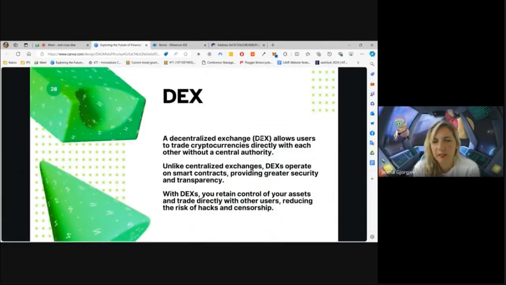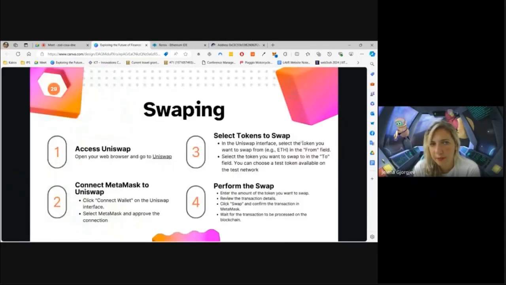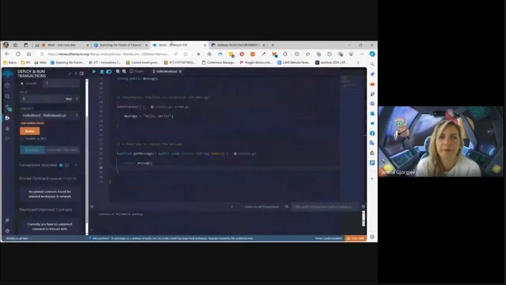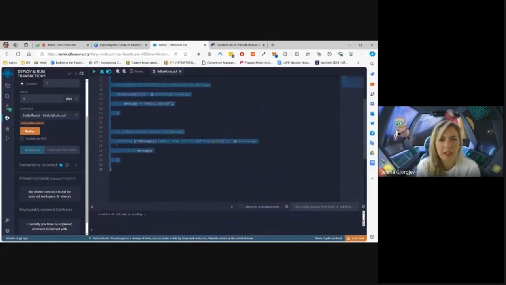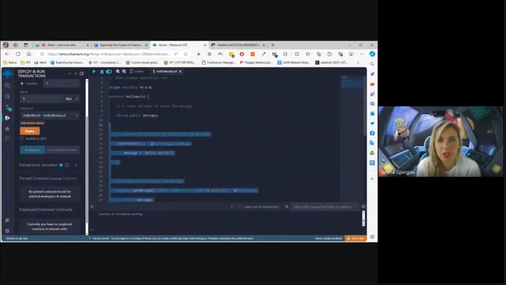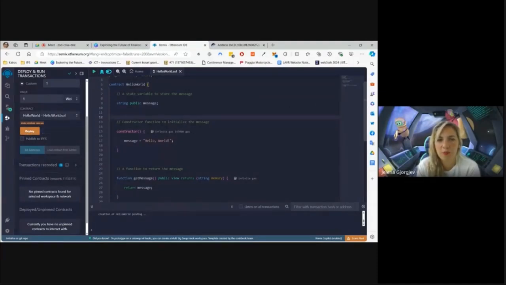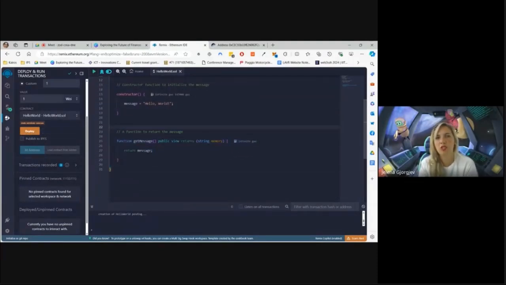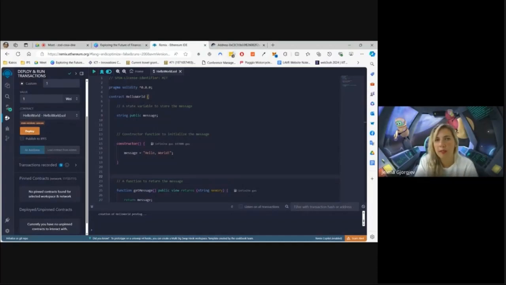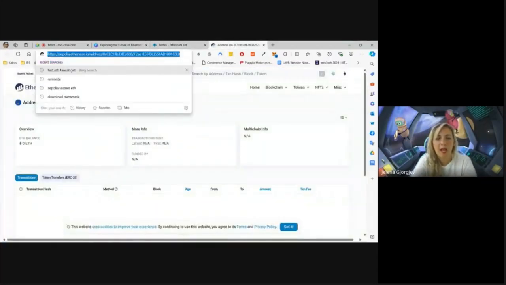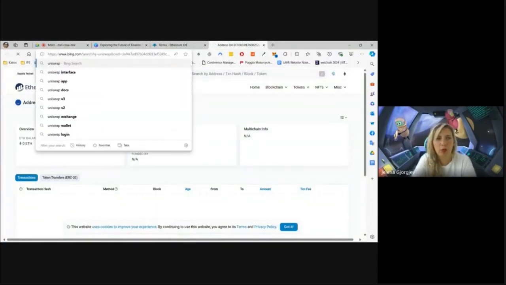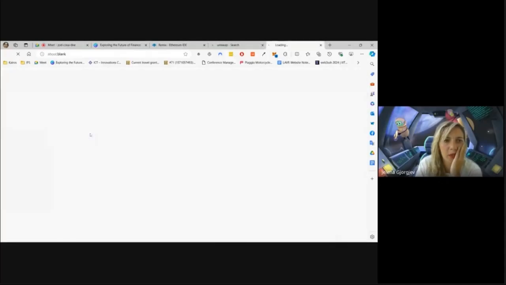And now, because we already have the MetaMask installed, and the code here is basically the terms and conditions you will give in order to deploy the smart contract. So when the conditions are met, what will it do? And the second workshop is about Uniswap